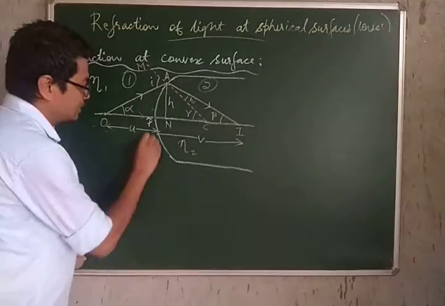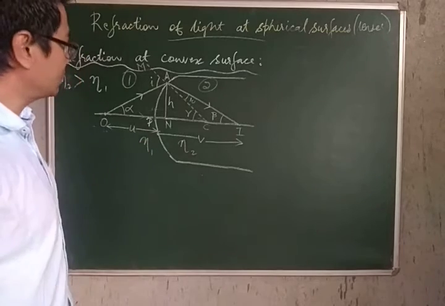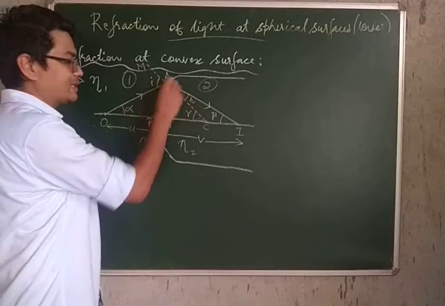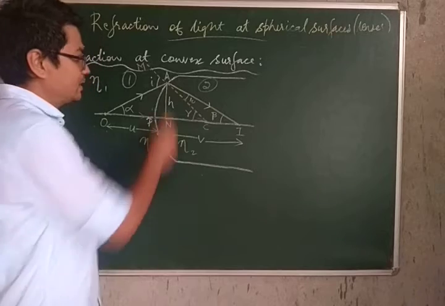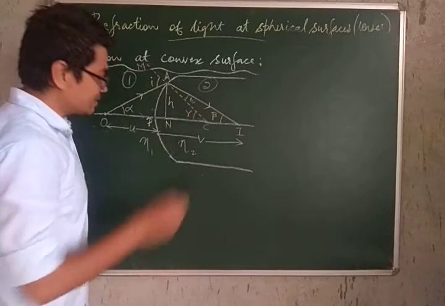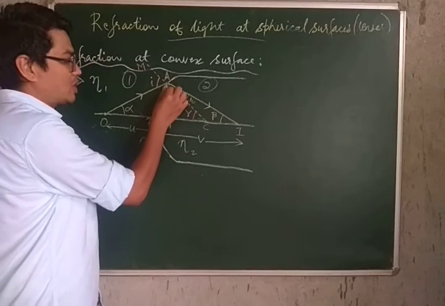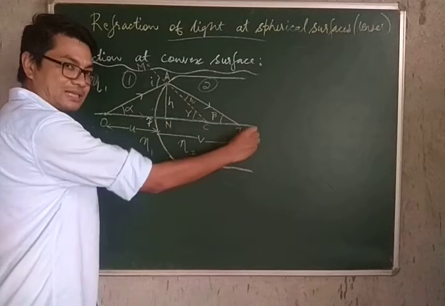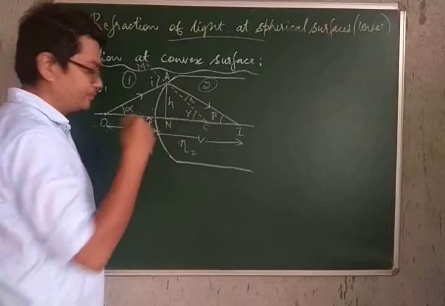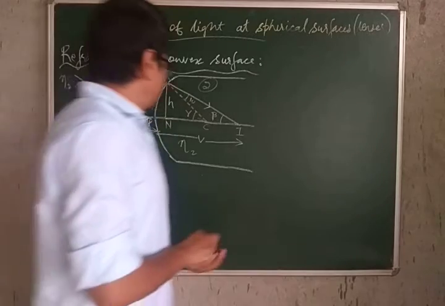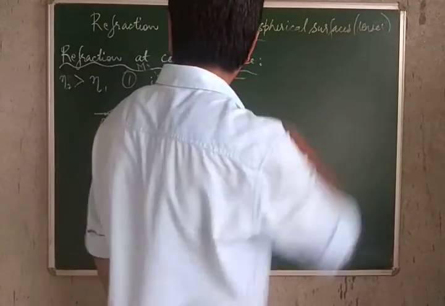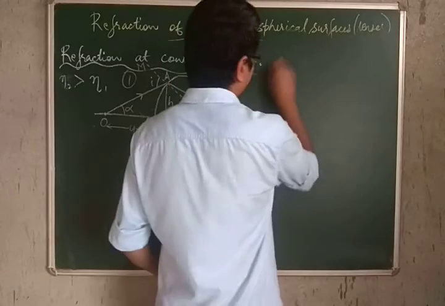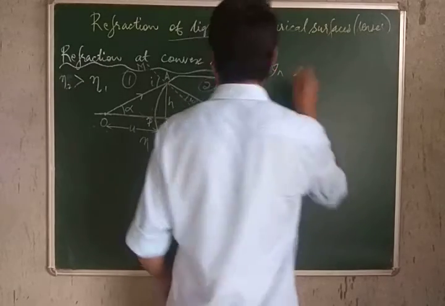So this is the eta 1. The point of incidence is point A. Coming back to this picture again, point A is the point of incidence. Now what we've done is we've dropped a perpendicular from point A to the principal axis at point N. So how do I start? Alright, so in triangle